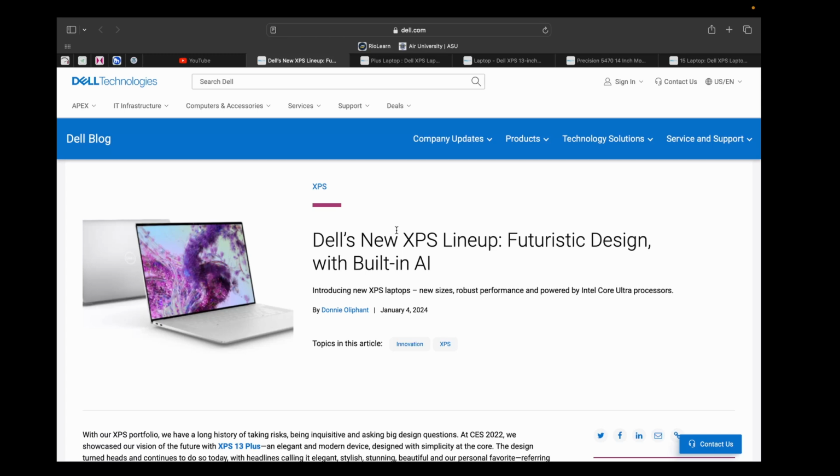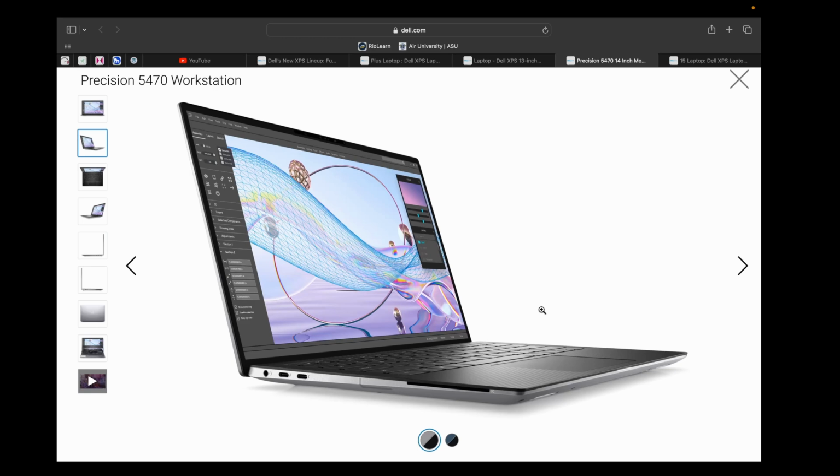The one thing I really wanted to point out, after hearing or seeing YouTubers and podcasters, I guess would be an appropriate term, is that even though, yes, technically these are quote unquote new products, the XPS 14 already existed. In fact, I think the XPS 16 technically already existed too. I'd have to take a look at it. Probably, but the reason I say that is, and I've already made videos about this,